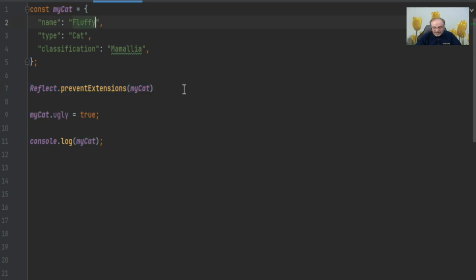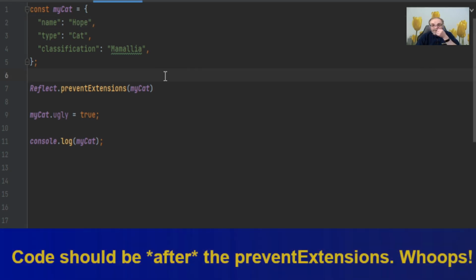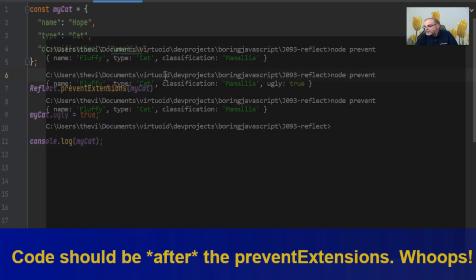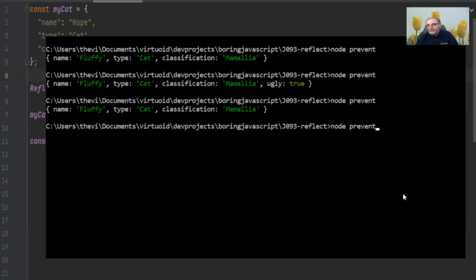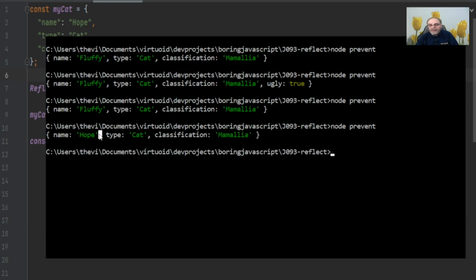Now although it doesn't allow you to have extensions, it does allow you to change the data. So I'm going to change the data to the cat from Fluffy to Hope. Hope actually happens to be the name of my cat I used to have many, many years ago. And so now if we do node prevent, yep, there it is. The name is now Hope. So prevent extensions allows you to change properties,